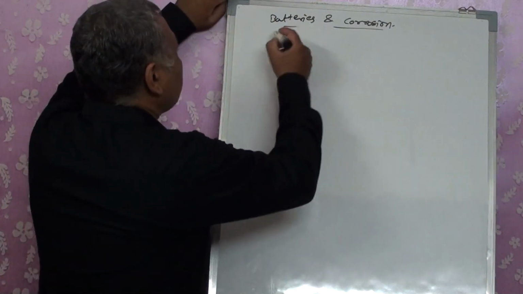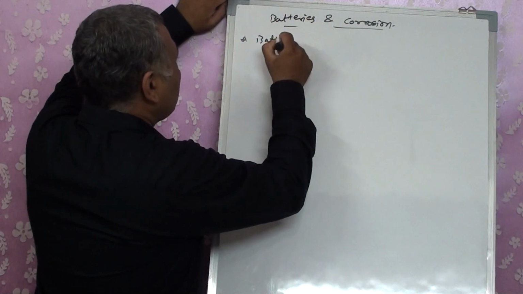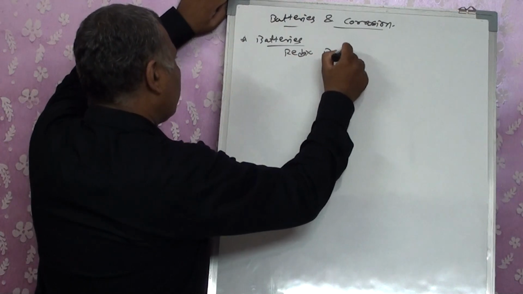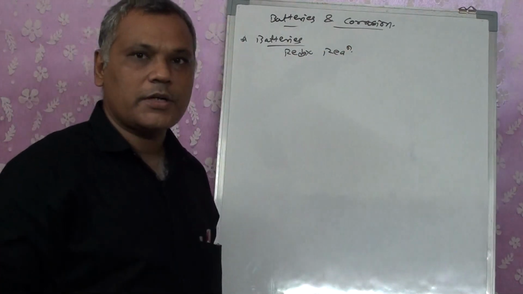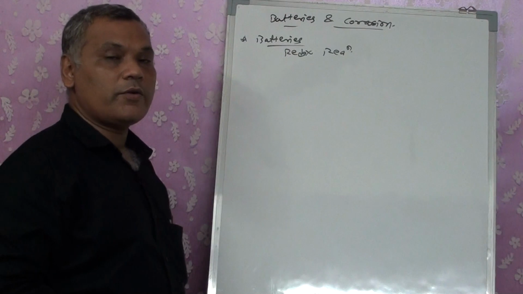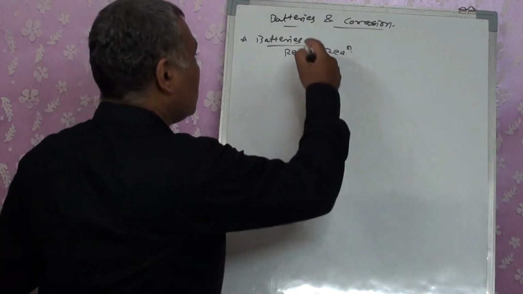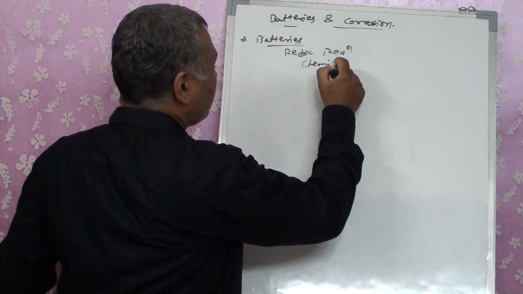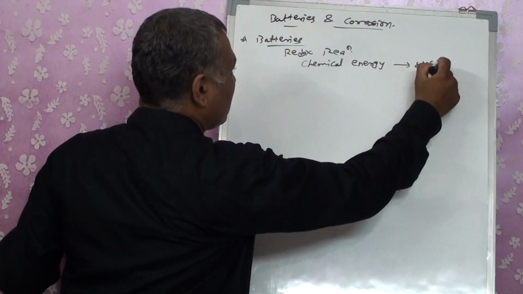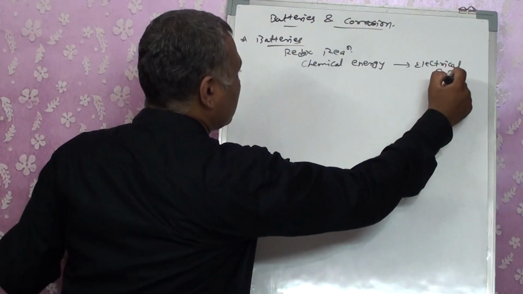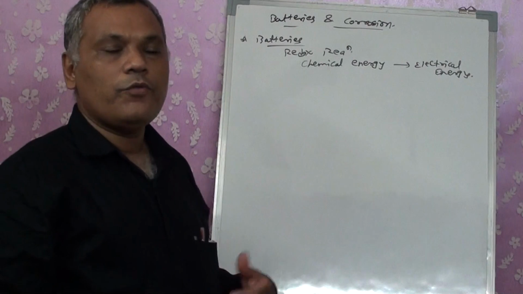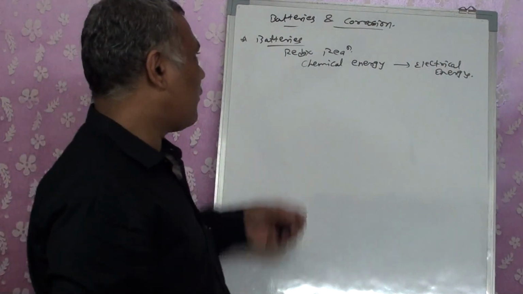Now first of all we will study about the batteries. Now these are particularly redox reactions. Here also anodic cathodic reactions are taking place, but here it's working like electrochemical cells. They are converting chemical energy into electrical energy. Here chemical energy is converted into electrical energy. But during this time, it's not necessary that we need two half cells. We don't need a salt bridge. Without that, they are working.